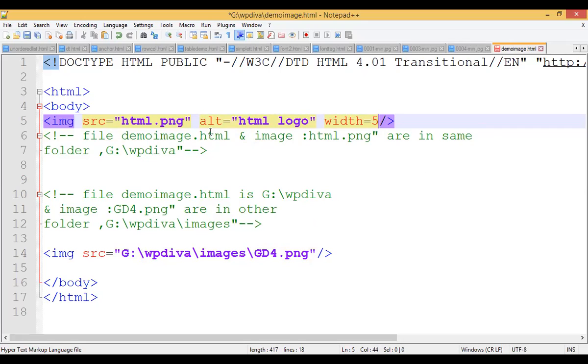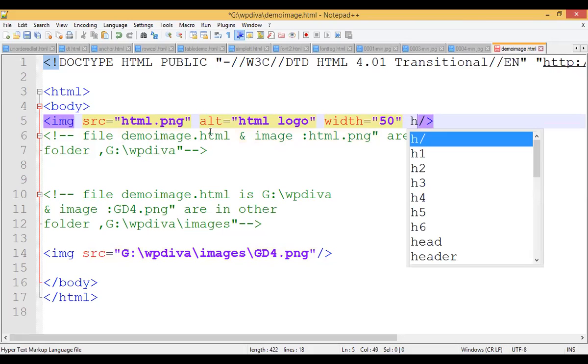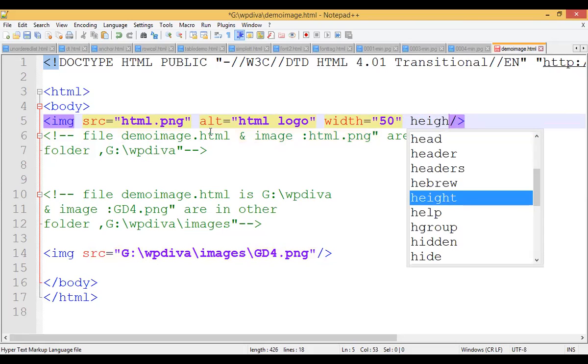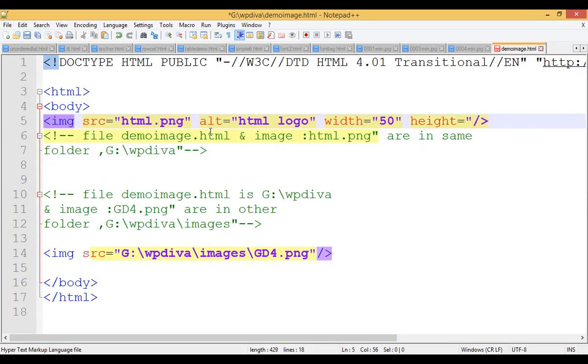If you want to set it in terms of percentage, you can take like this, for example 50%. Or you can also give values like width is equal to 50, 60. Okay, so I will take width is equal to 50. Do not forget to put the double quotes for the value. I can also take height. So height is equal to what I will take? I will take 100, right? I will just put a double quote.